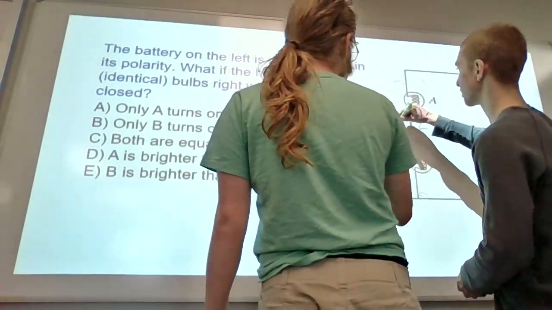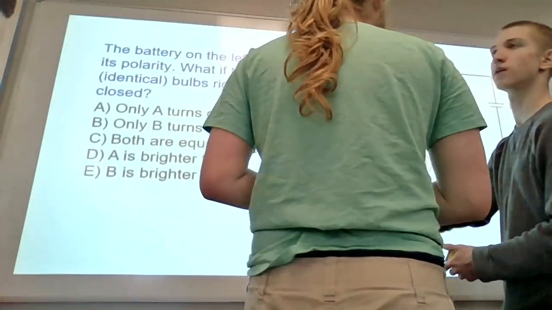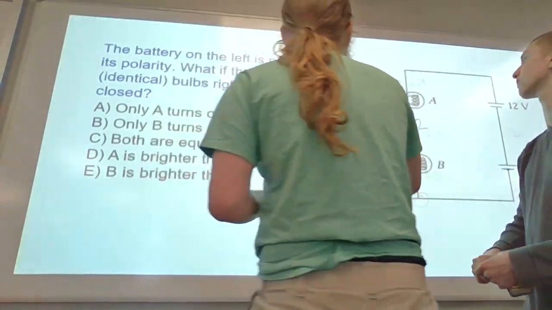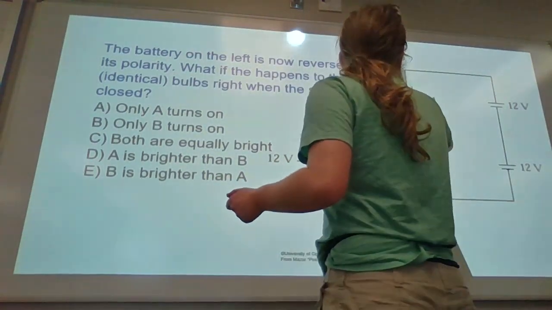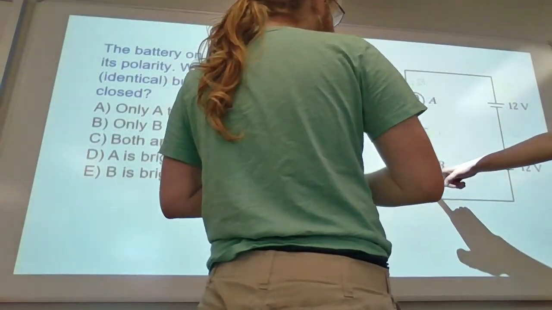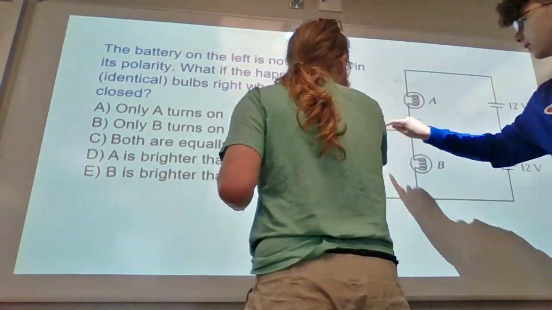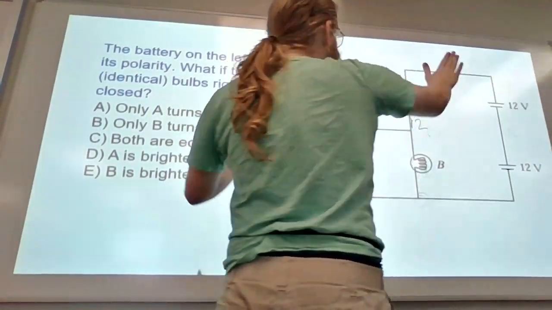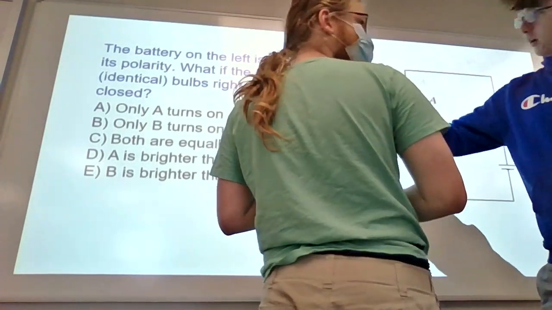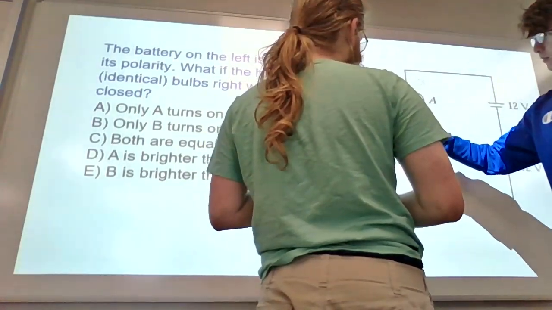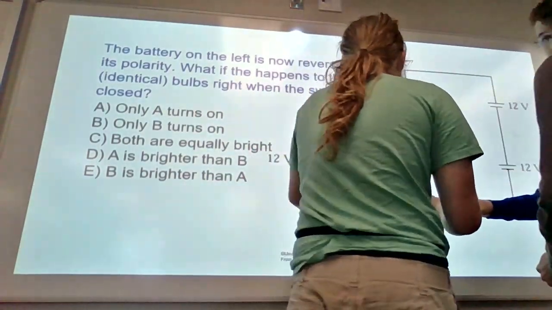I understand this question, but the last question, when it was switched and goes up, and then there's a split, how do you know what to do with that? I don't think anybody does. So we knew that it had 12 from the right side, not the left side. Because all the wires connected, assuming there's no resistance, have the same electric potential. There's no potential drop, so it all has the same electric potential value.